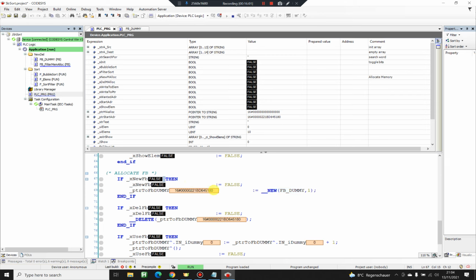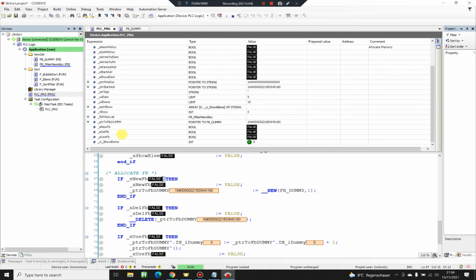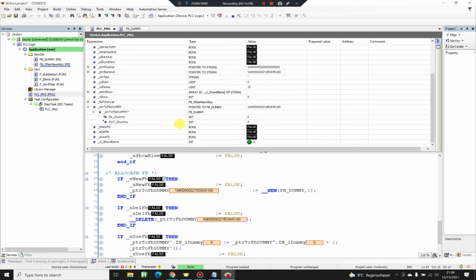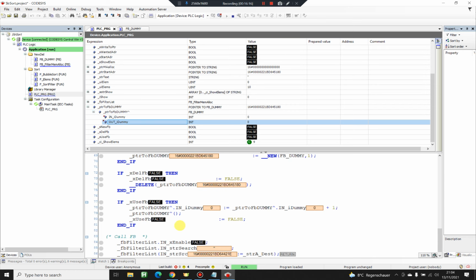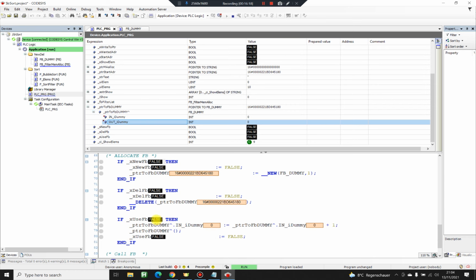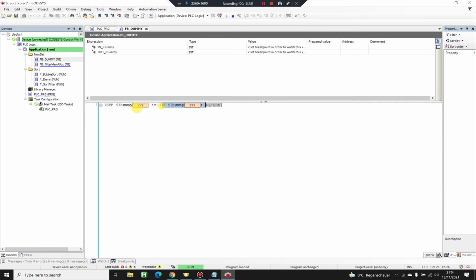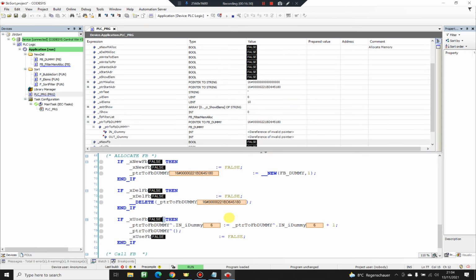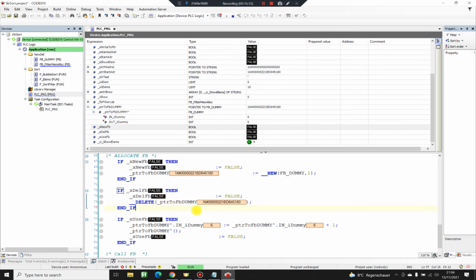So now my pointer is pointing to memory on the heap. I have reserved this memory, and I have the fbetDummy, and I can just write some numbers to it and call it. As you can see, my function block doesn't do anything, it's just assigning the input to the output. That's it. But you can see I can do some stuff with my function block,